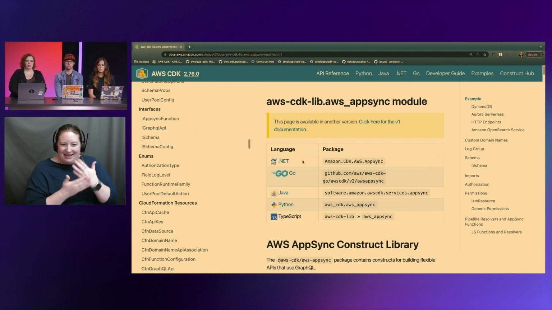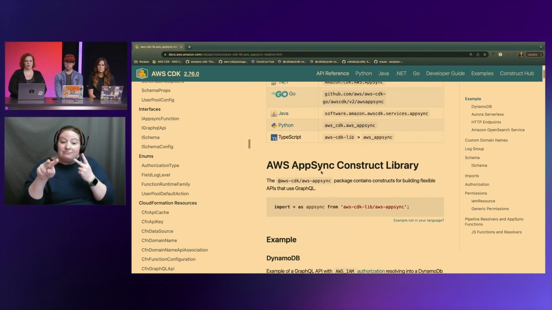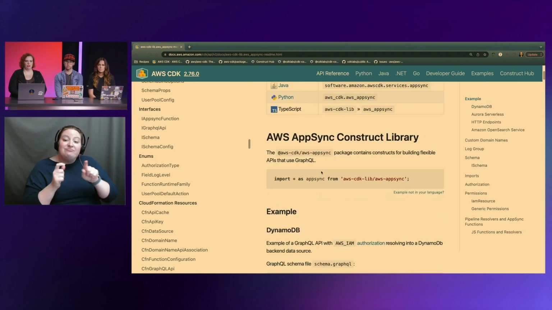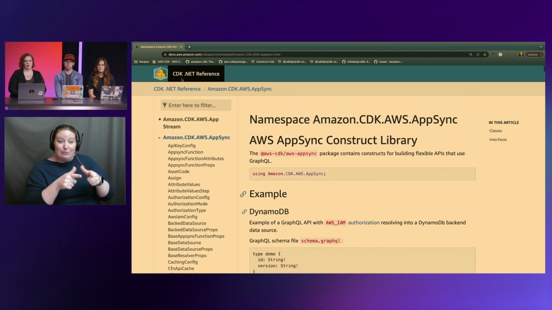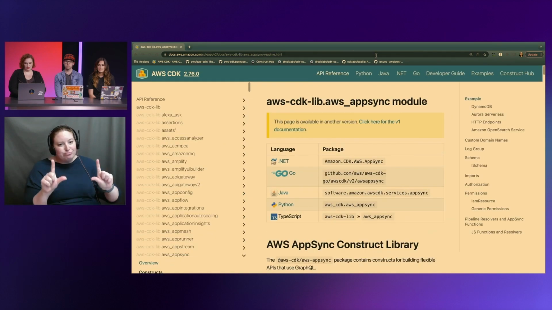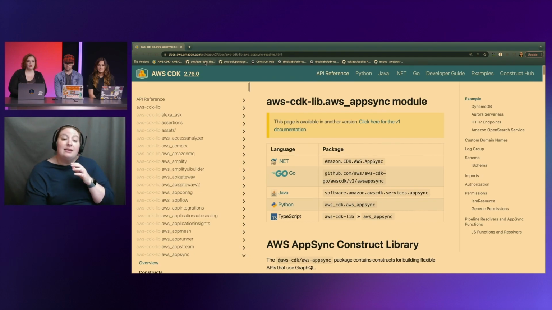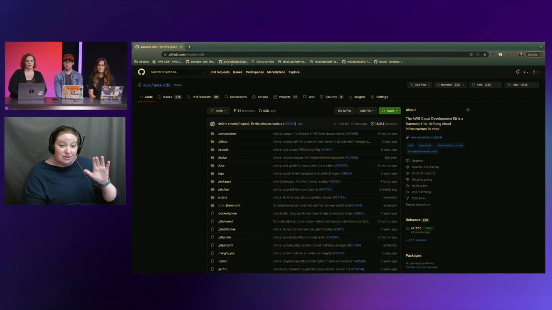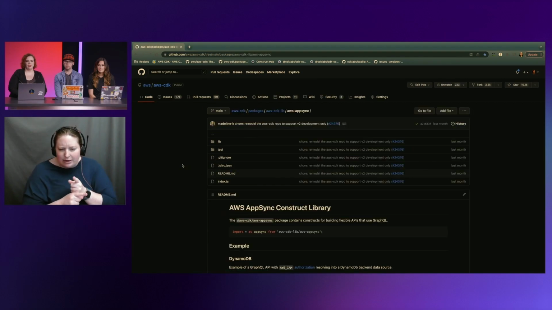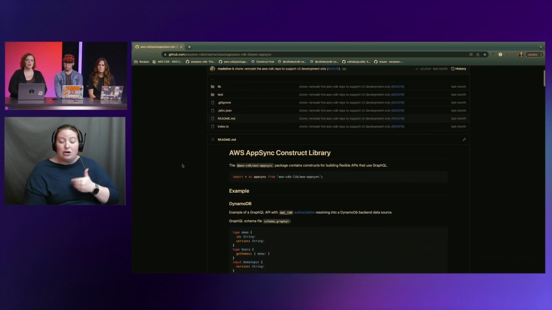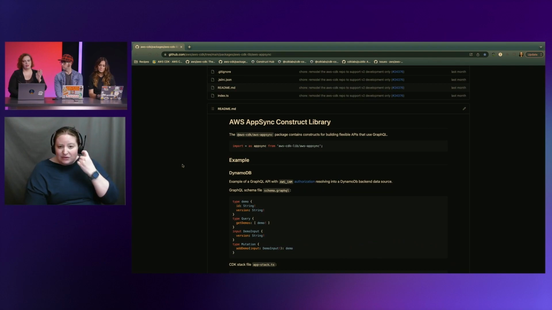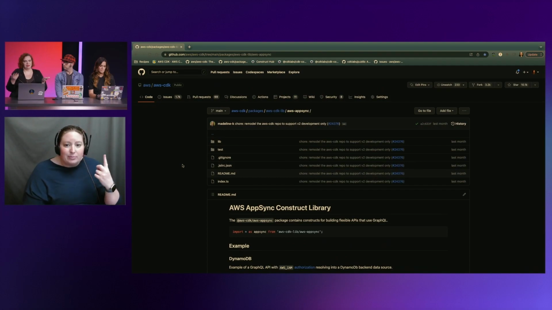So you can also see all of the languages it's available in, just some details about how to use it. If you want to see the documentation in another language, you just click on that language, and there you go. And if you want to see the source code, you can do that directly in GitHub. We are in the AWS organization, and our repo is AWS CDK. So if there's something where there's just an L1 construct and there's not an L2, or we're missing a property or whatever,